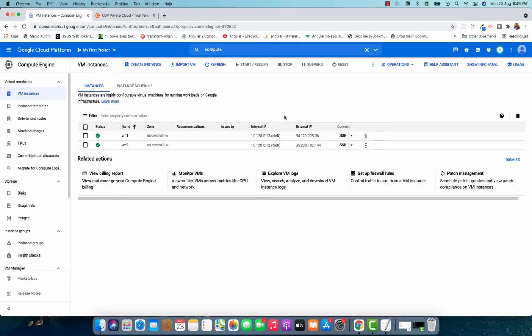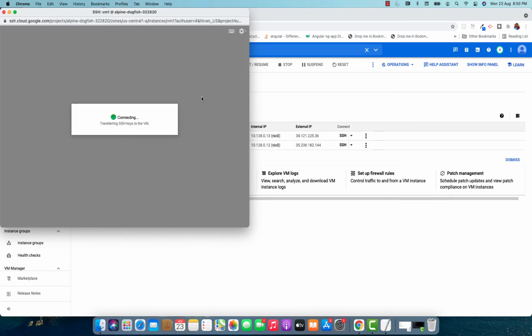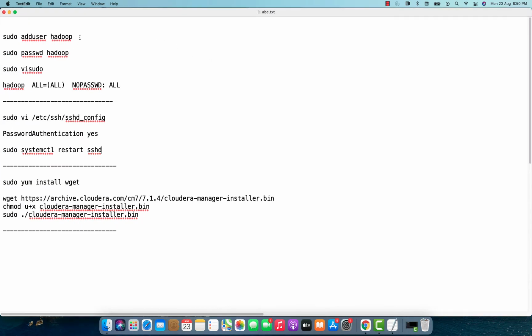Now we can see that both of our virtual machines are up. Let's log into these machines and start doing some configurations. So first I will be creating some users, rather one user with which I will be installing the Cloudera cluster. So these are the commands that we are going to use. So let's copy this first command,